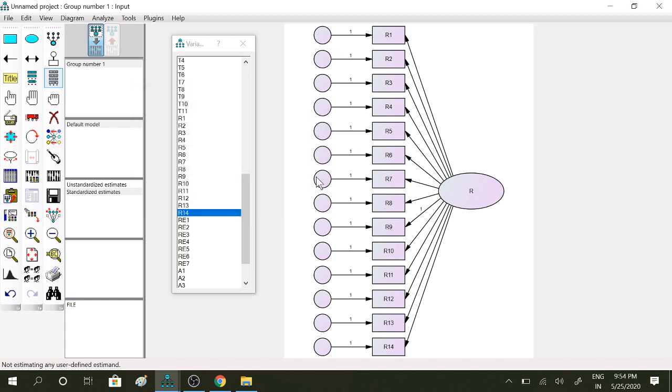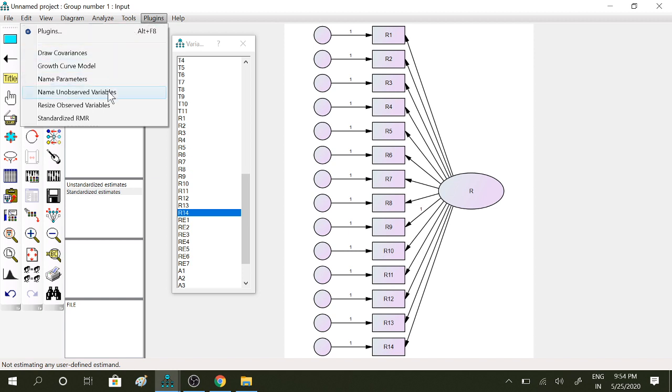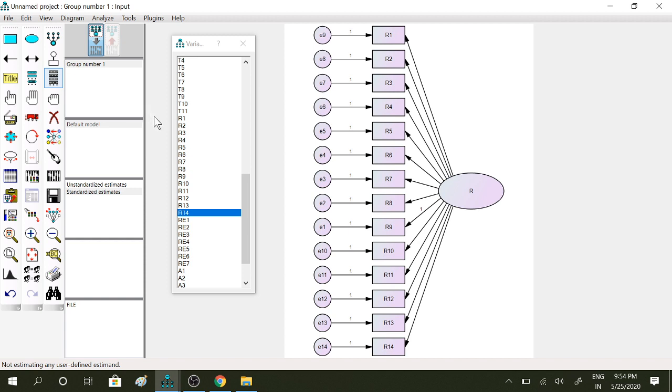Now these are the unobserved variables, error terms. How to name these 14 error variables? Go to plugins and click name unobserved variables. Yes, it is E9, E8, E1, E2, E3, E9, and E10 to E14.